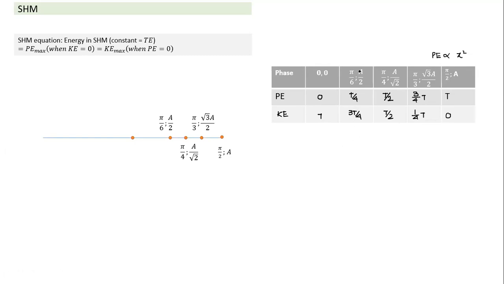And this is valid not only for A by 2 in this case. When it's going away from A by 2, even then the ratio of potential energy and kinetic energy will be similar. When again it is passing through, that also will be similar. Even at minus A by 2, since energy terms are related to the square, at this point and this point, potential energy and kinetic energy will both be the same.